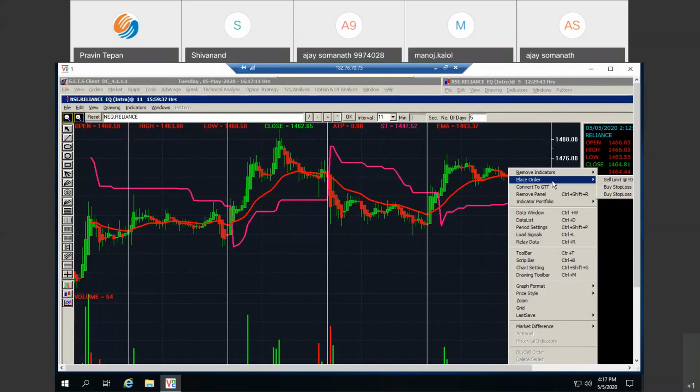You will see lines like target and stop loss, and you can modify those lines from the graph itself. Apart from these technical indicators, we have open interest and IV graphs also. So let me close this chart.